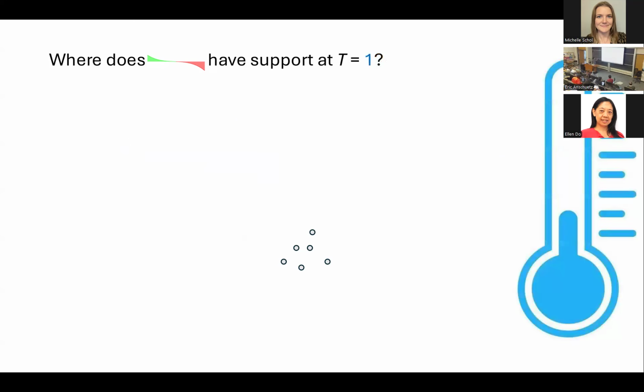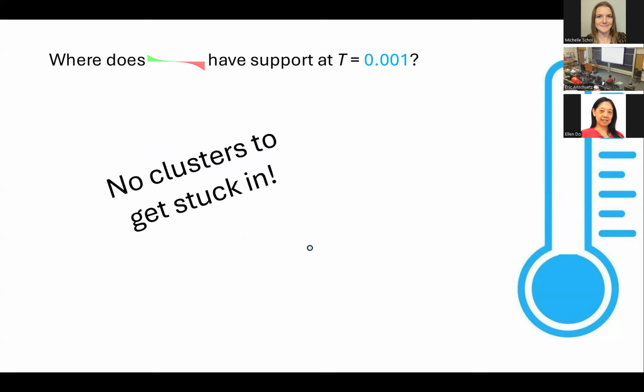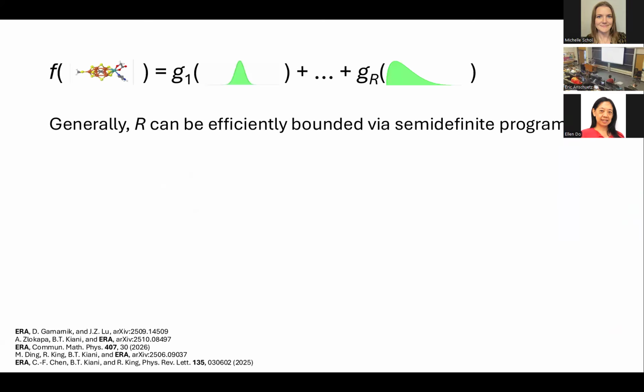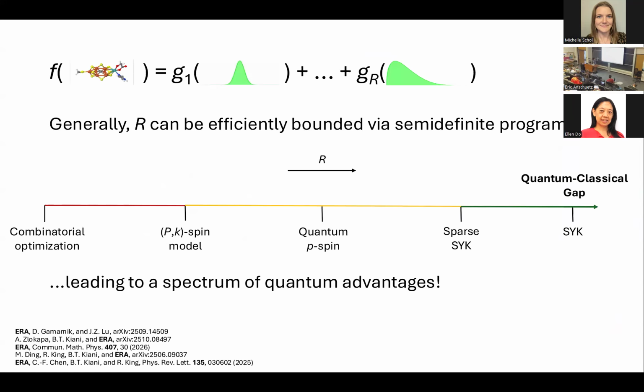And as you lower the temperature, as you do this simulated annealing procedure, you never get trapped in one of these local optima. You can show that when this R grows with system size, this is the picture. You never get trapped in these local clusters using these quantum simulated annealing algorithms. It turns out you can actually compute this efficiently, and over the course of the last year or so,